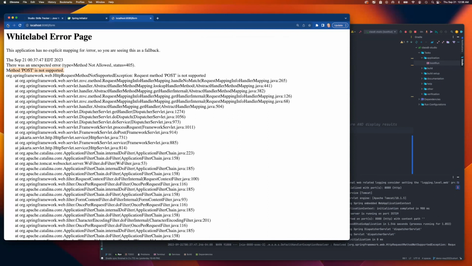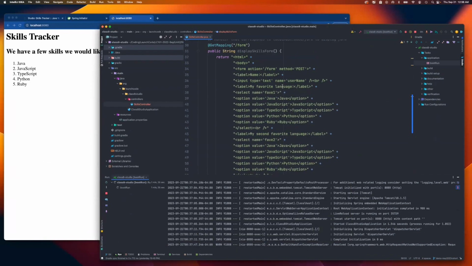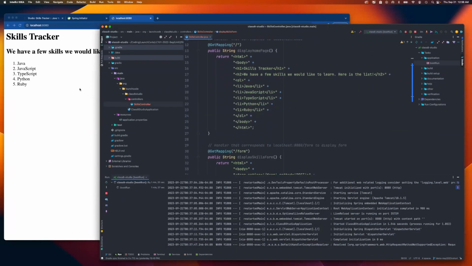But I want to do one more thing first before we actually go to that third handler. I do want to add a link to make it easy to get to this page from the other page. So I'm going to just come down here after my ordered list and put a little paragraph, but it needs to be in quotes. Let me fix this. There we go. Put a little paragraph that says click,